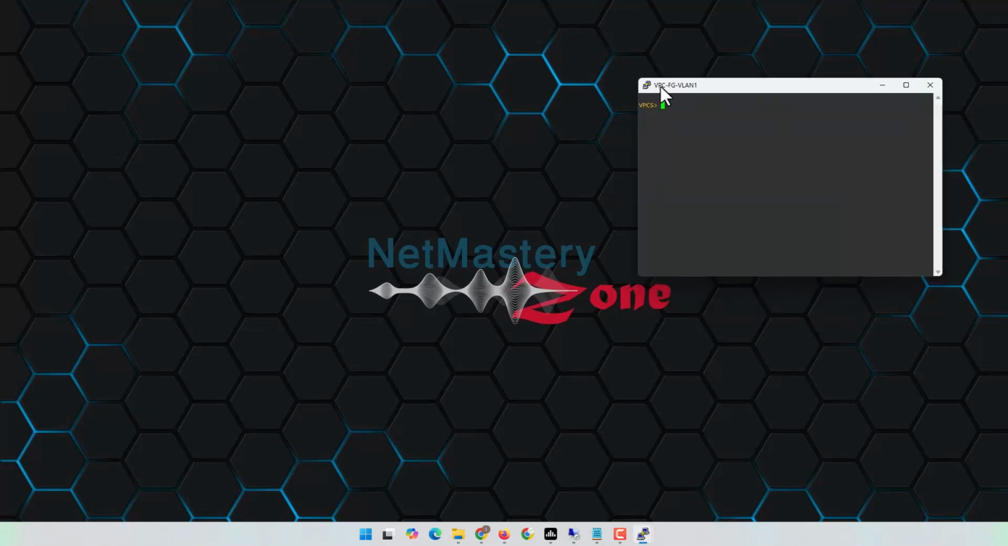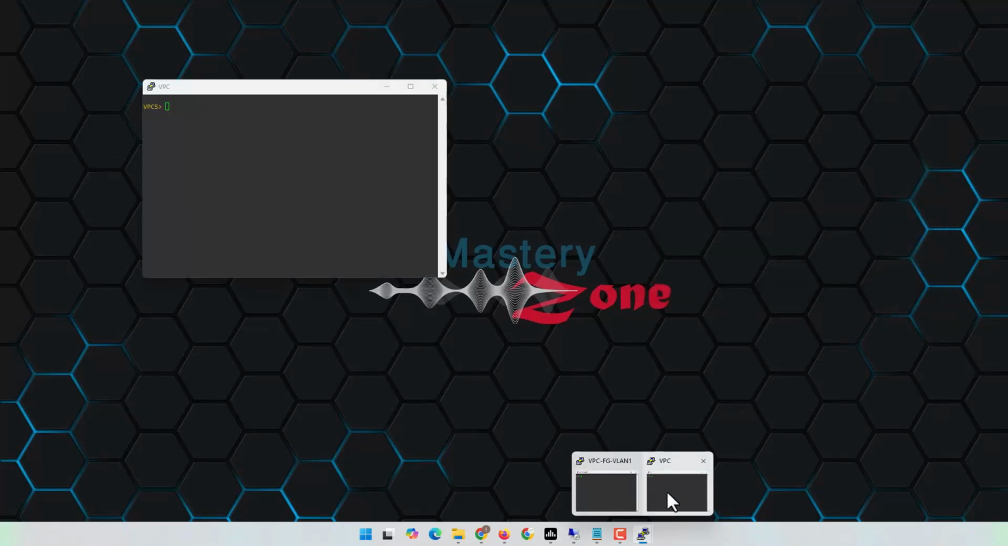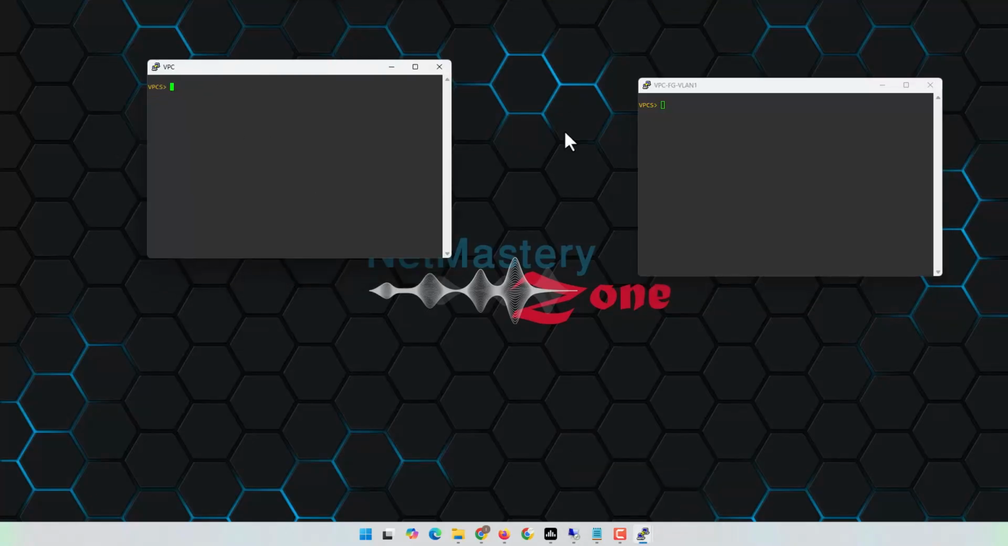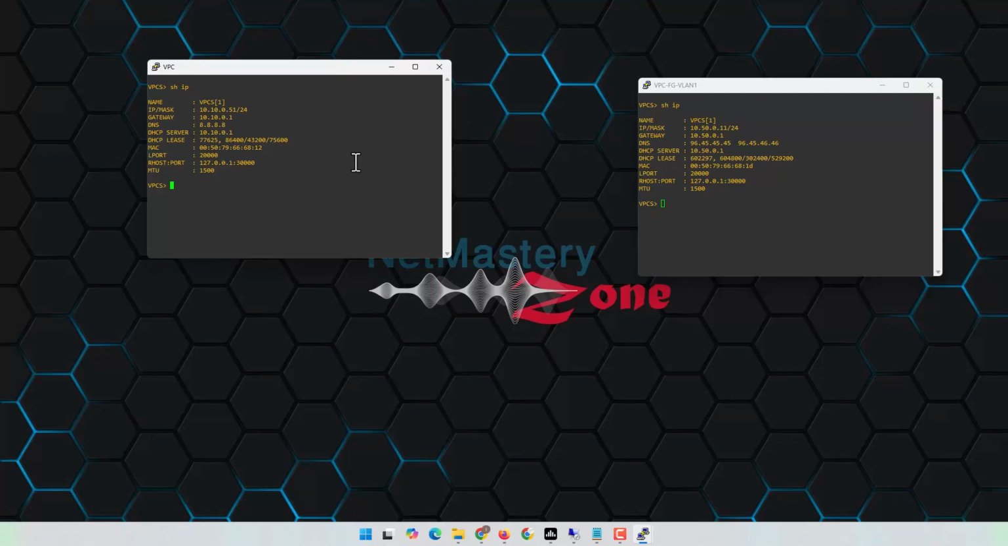Let's go to this, this is the VPC FortiGate VLAN 1, and this one, this is the HQ. Let's see the IP address, show IP, and now let's try to ping between the 10.10.0.0 network to 10.50.0.11. Let's see, you can see that the ping is successful,